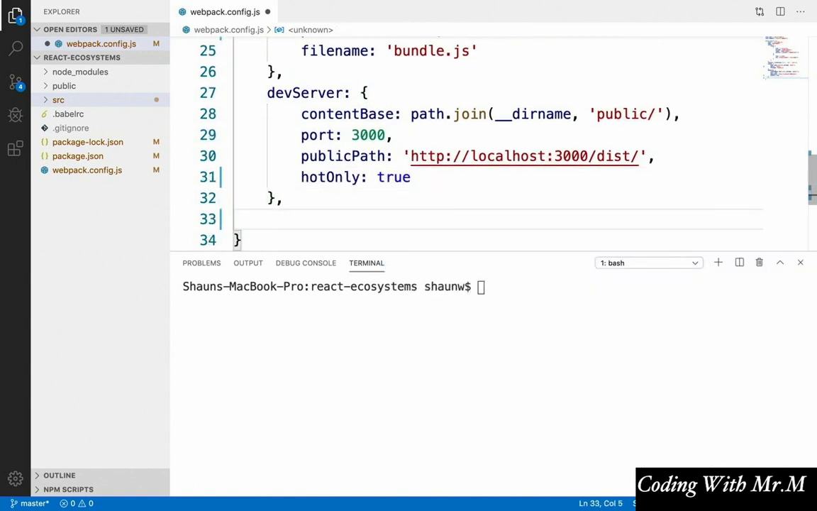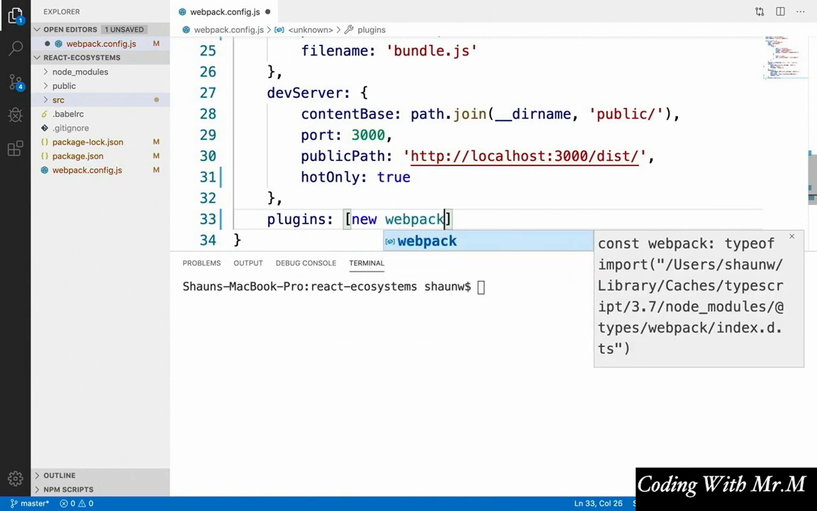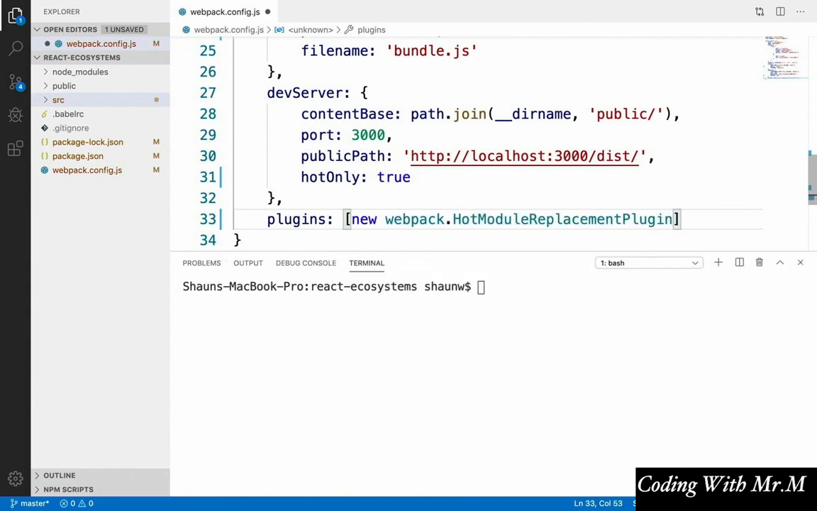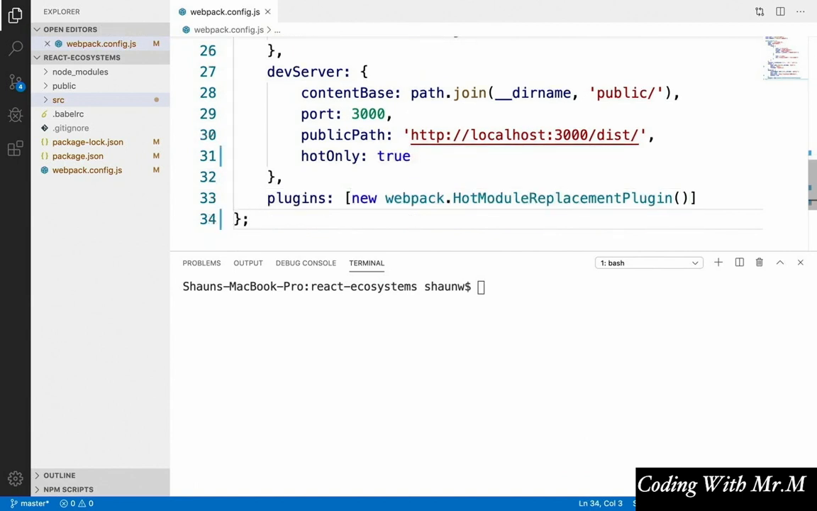And one last thing, outside of devServer, we're going to say plugins. And that's going to be an array with one item. That's new webpack.HotModuleReplacementPlugin(). And that's it. Now comes the exciting part. We can build and serve our React application by running npx webpack-dev-server